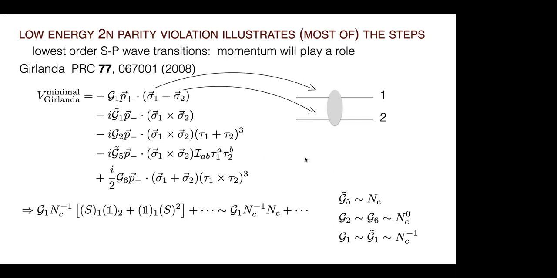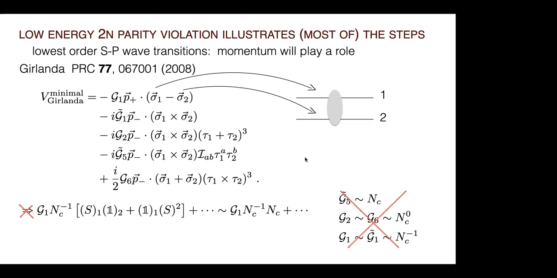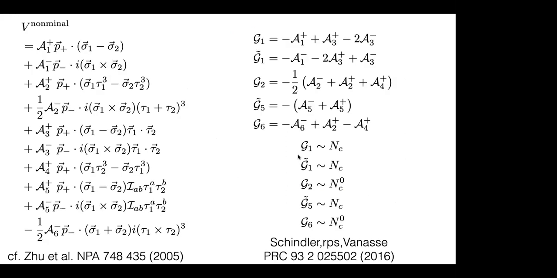But this is totally wrong. And the reason it's totally wrong is because this is a minimal set that was obtained by Fierzing without regard to how that might have been hiding the spin isospin that drives the most dominant dependence on NC. So instead, you can go completely non-minimal. These are all the possible structures. And these are also written down by Phillips and Schutt